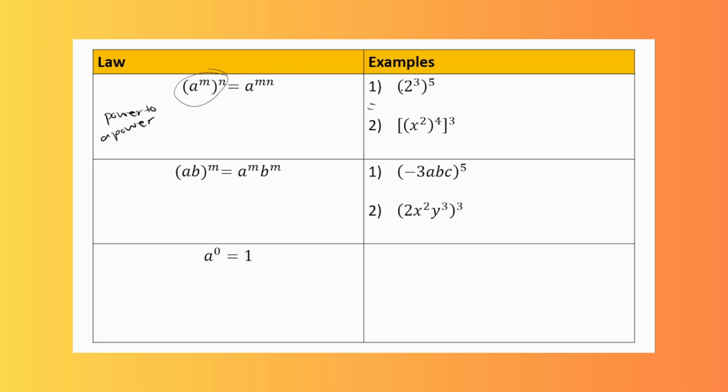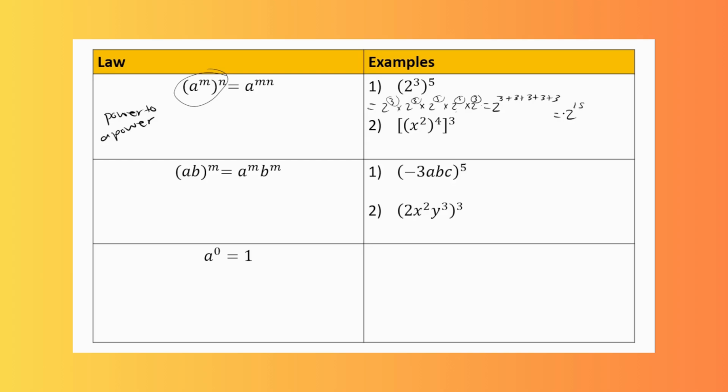If we look at 2 to the power 3 to the power 5, that means we have 5 of those 2 to the power 3's being times. 1, 2, 3, 4, 5. Oops, I forgot the 2. Then we know from our previous property that when we have same bases being times, that means we are going to add the exponents. So we have 1, 2, 3, 4, 5 threes to add together,